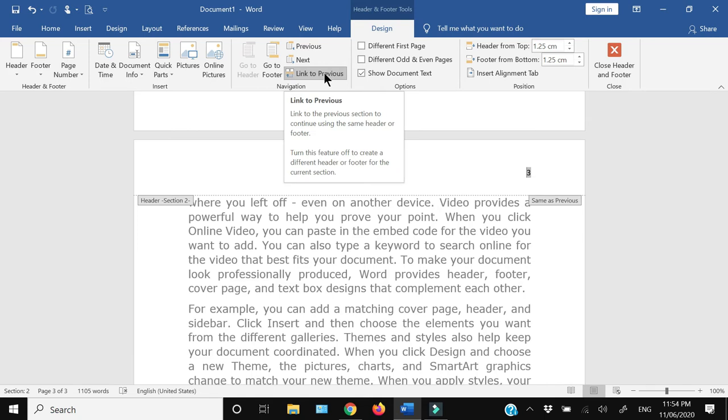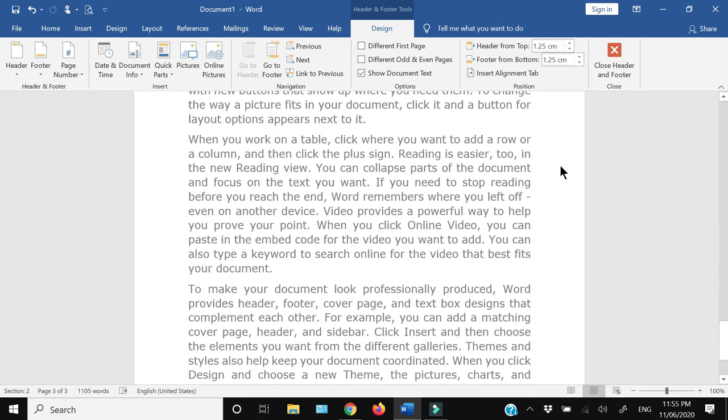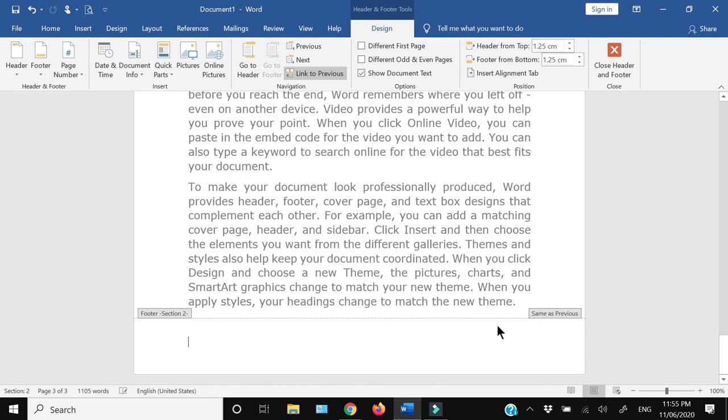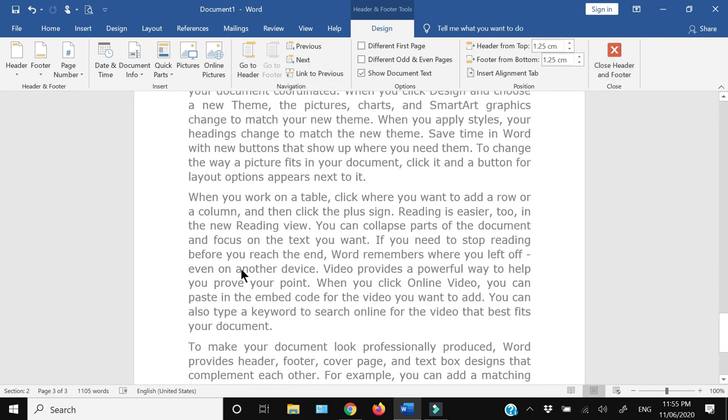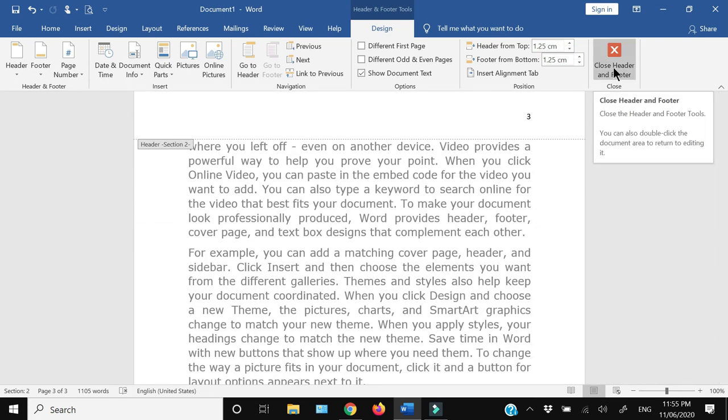For that you need to go here in the header and footer tab, and from here you need to click link to previous, which means that you need to deselect this. As I deselect, you can see that the same as previous has gone away. Similarly, I need to go to the footer, and in the footer you can also see that it is still same as previous. I need to delink the footer also, so I will again click link to previous. Now my section 2 is delinked from section 1. Now I can simply close the header and footer